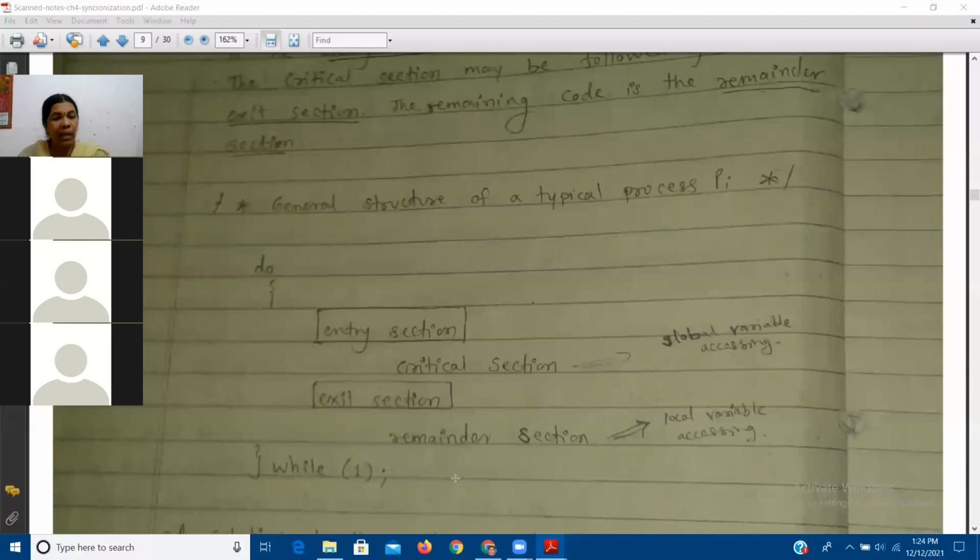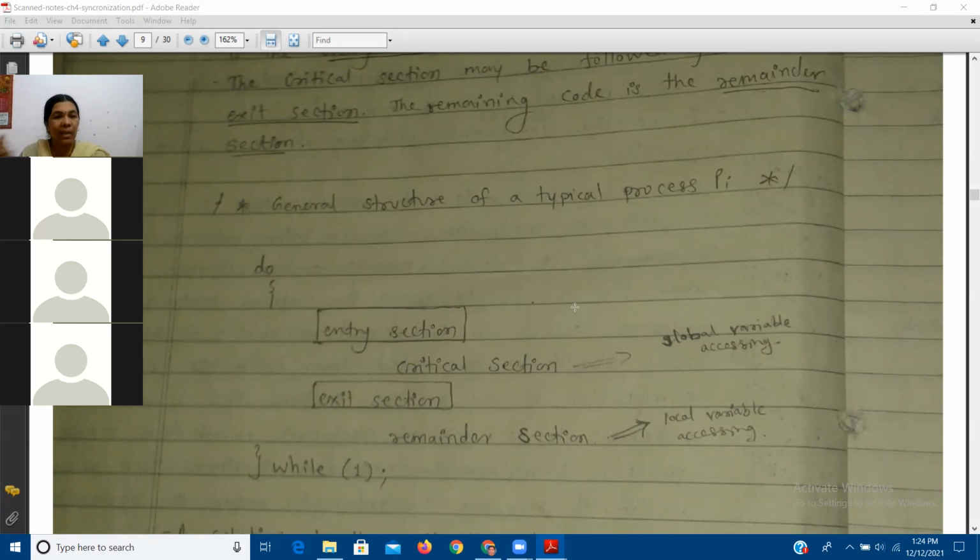Okay, so only to enter inside the critical section, the process has to do a lot of things. But in the case of the reminder section, as it is using local variables, local म्हणजे त्याचे स्वतःचे प्रायव्हेट व्हेरिएबल आहेत, त्यामुळे तो कधीही वापरू शकतो, त्याच्यावर कधीही ऑपरेशन करू शकतो. So that part is called the reminder section. So in the reminder section, the process uses or accesses the local variables, and in the critical section it accesses the global variables.